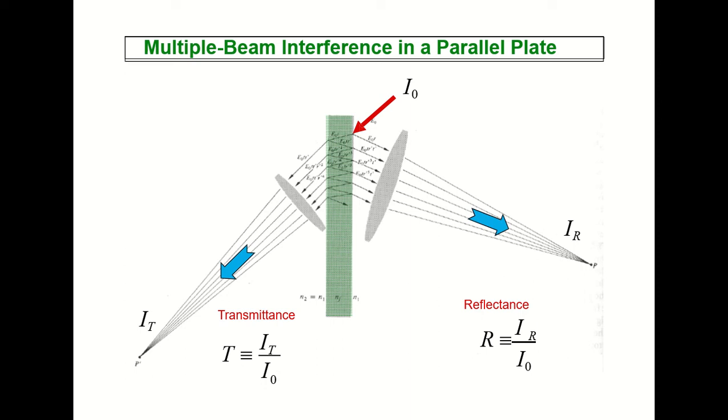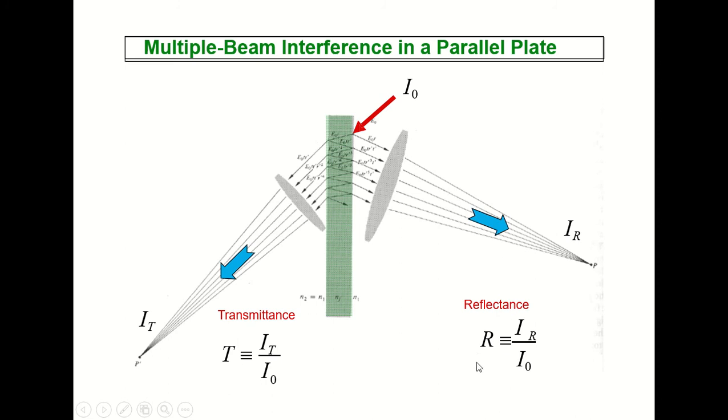Here also you will have a partially reflecting and partially transmitting surface. Multiple beams of rays come in, get refracted and transmitted on the other side. Also, a few rays get reflected at the boundary, and can again refract through the medium and get transmitted. So there will be a transmittance value and a reflectance value corresponding to that.